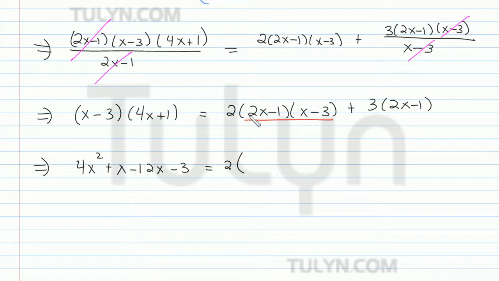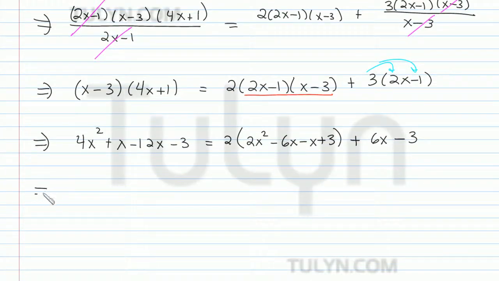So this becomes 2 times 2x squared minus 6x minus x plus 3, and then distributing that 3 into that difference, I got 6x minus 3. So continuing to reduce on the next line, we got 4x squared minus 11x minus 3 is equal to, distributing this 2,